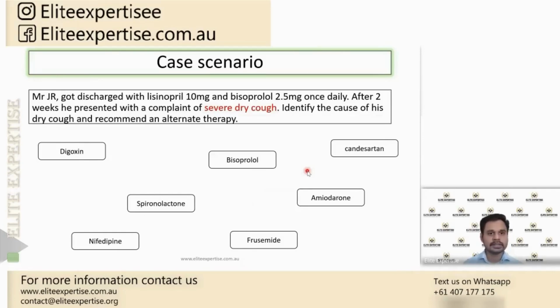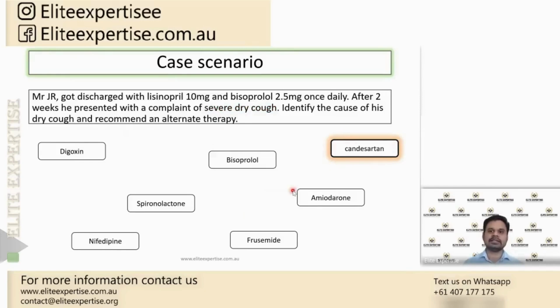After 2 weeks, the patient presented with a complaint of severe dry cough. Now, identify the cause of his dry cough and recommend an alternate therapy. So what could be the cause of the dry cough for this patient? That is the ACE inhibitor. So lisinopril is the drug that causes the dry cough. So now we need to switch over to another class of drug. If we are switching over to another class of drug, the drug that we need to select from the given list is